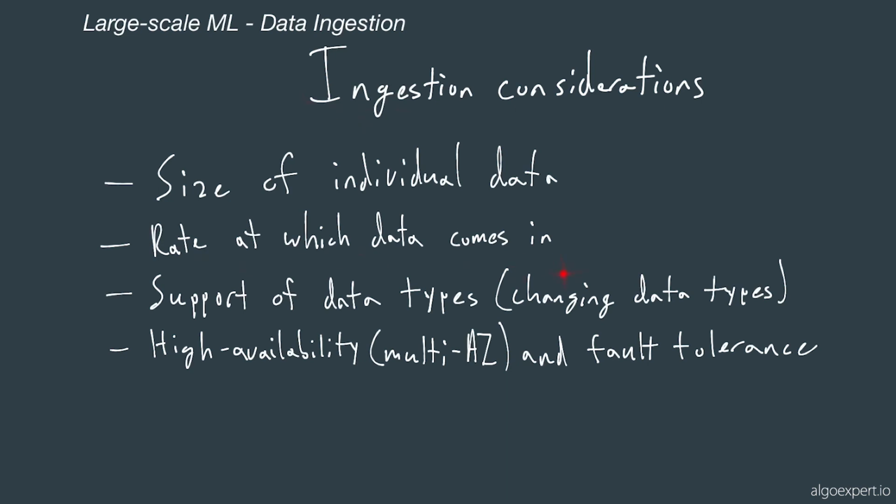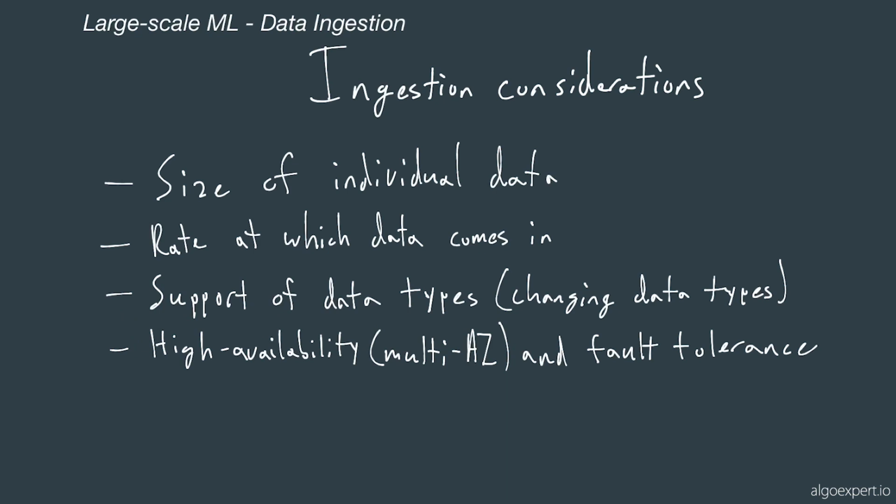Another factor we have to consider is the rate at which these records come into the brokers. Will there be a million records per month, say maybe in the case of a subscriptions table? Or will there be a million records per second, such as a clickstream? We also have to consider what form of data will be transmitted to our brokers